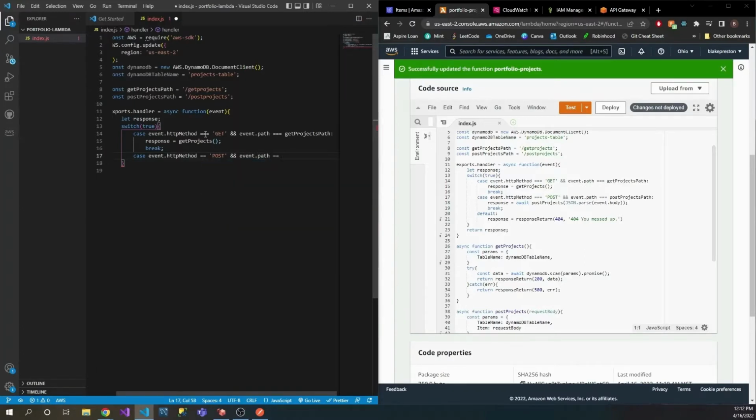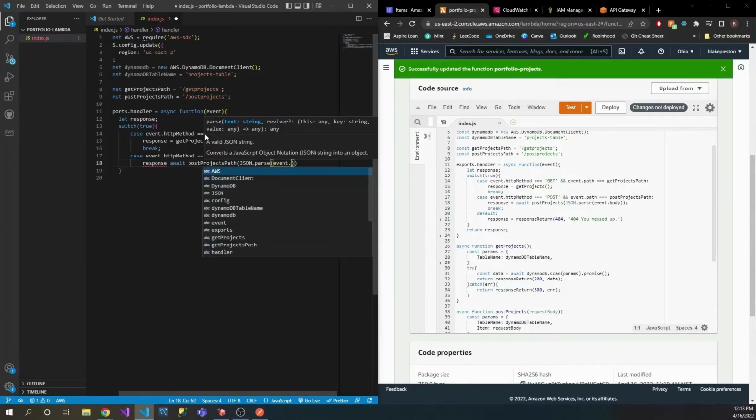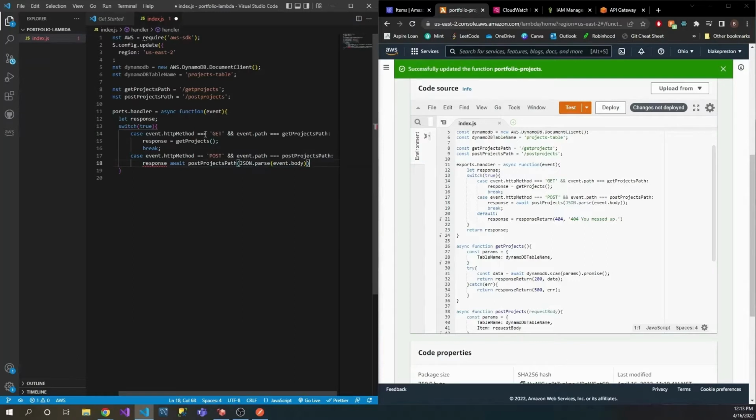The path should be the post projects path, and if it is, we'll set the response to call the post projects method, which we haven't set up yet. And now the post projects method, so this is going to be posting to our DynamoDB. Okay, so we're going to be taking in the body of the event. So we're going to want to parse this body so that it's able to understand it and put it in our DynamoDB. So then let's